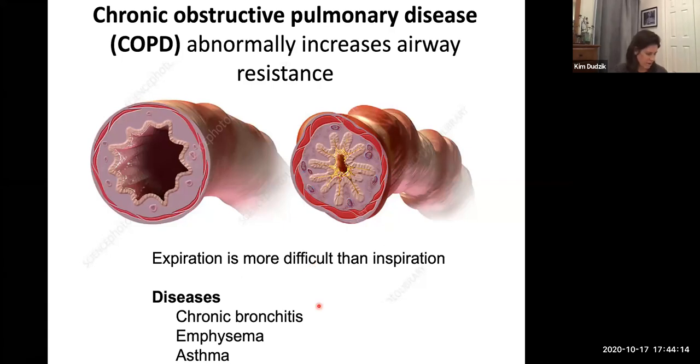Okay, and here are other diseases like chronic bronchitis. You can have an inflammation on the inside causing that. That could be due to bacterial infections. That often is what happens when you get the flu, which is viral. They say you shouldn't take antibiotics when you get the flu, and you shouldn't. But if you don't get the symptoms of the flu taken care of, that can decrease your immunity and cause a secondary bacterial infection in your lungs. That's when the doctor may prescribe an antibiotic to get that bacteria out, and then your lungs, your bronchioles, can repair themselves.